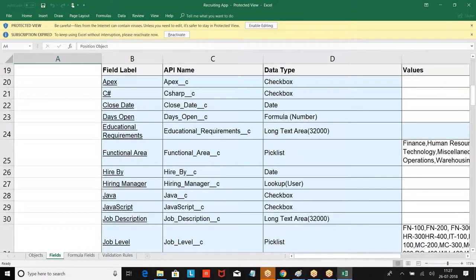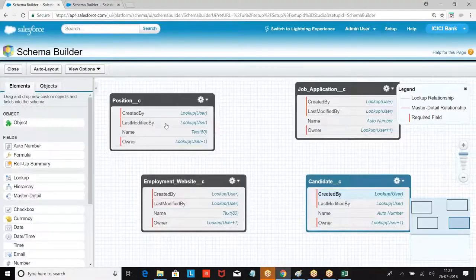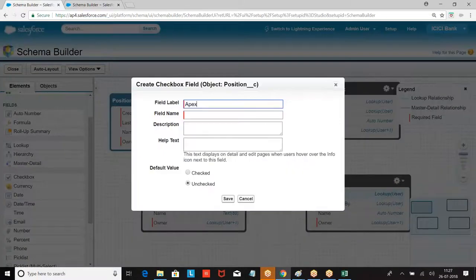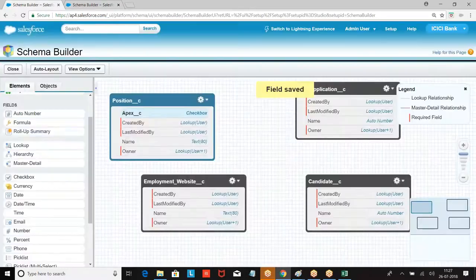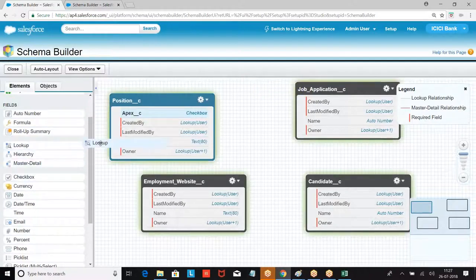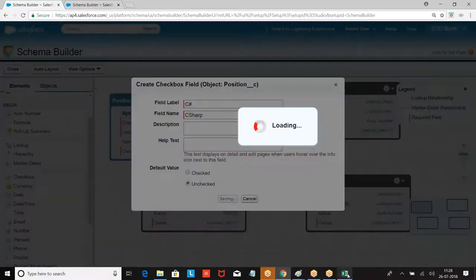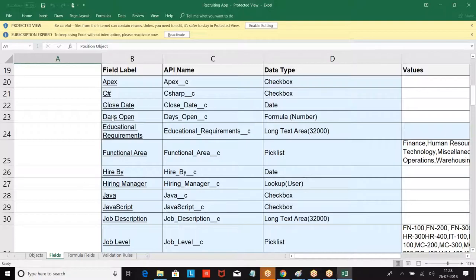First I'll go with the schema builder, position object, fields, checkbox, then the next one, checkbox, C sharp. Then what are the other fields we had? Close date, days open, education requirements.